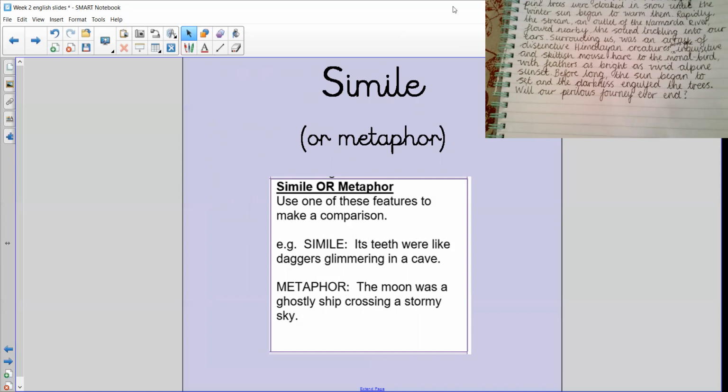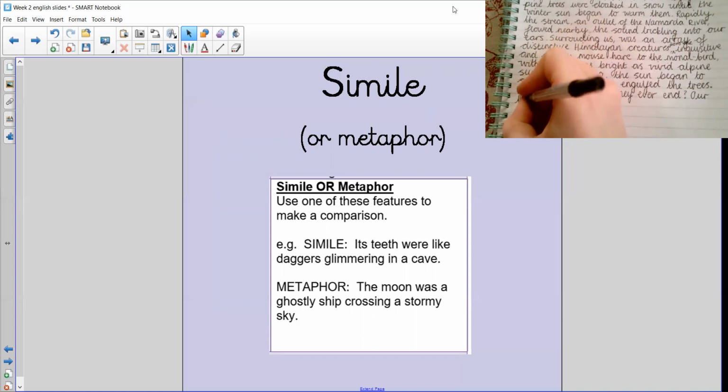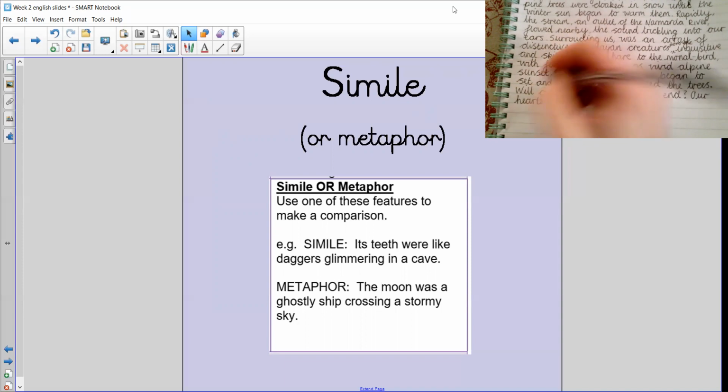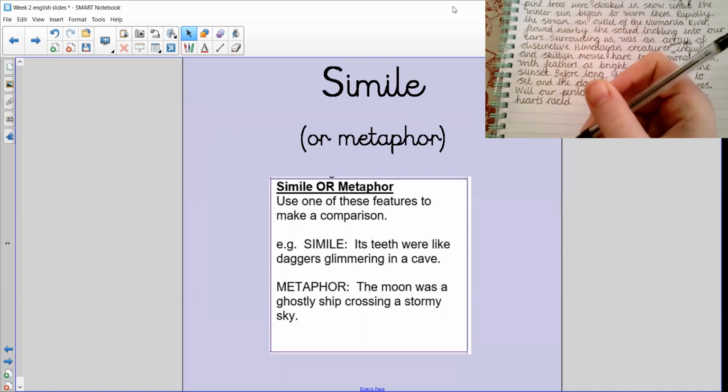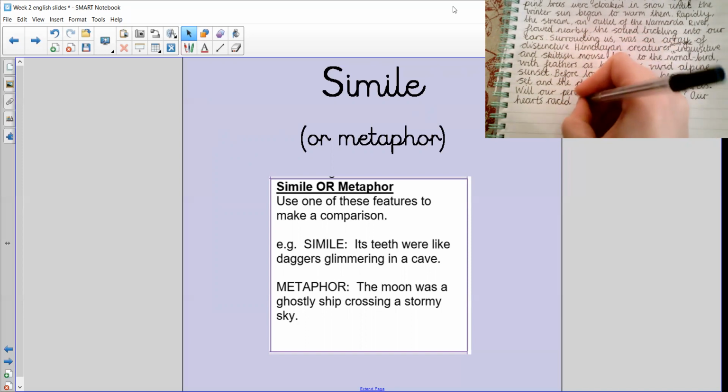Okay, and I'm going to describe how Asha is feeling using the metaphor. Okay, so I'm going to go for our hearts raced. Okay, this is a metaphor because it's different from its literal meaning, because the hearts aren't really racing. It's just something that we say. It's kind of like an idiom. Okay, so our hearts raced. I could end it there. I want to add a bit more information though. I'm going to say at